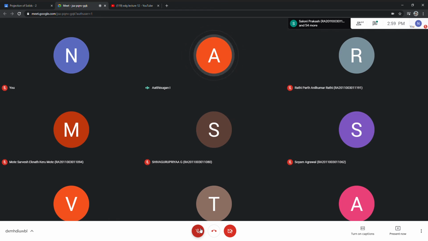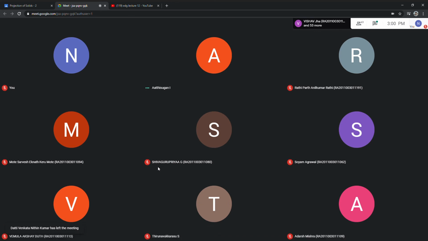So for your base, you can draw the front view. In the front view you can only see a circle. In the top view you can see the triangle. In addition, they are asking for the right side view, so that is the hint you have to take. For the right side view, you draw to the left side of the front view. Then the third and fourth questions, I already drew them last class and discussed how to draw them. Only 4 questions, so kindly complete as soon as possible.